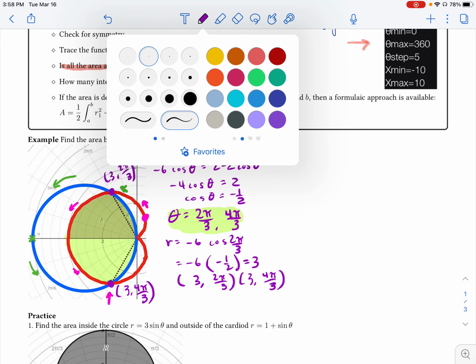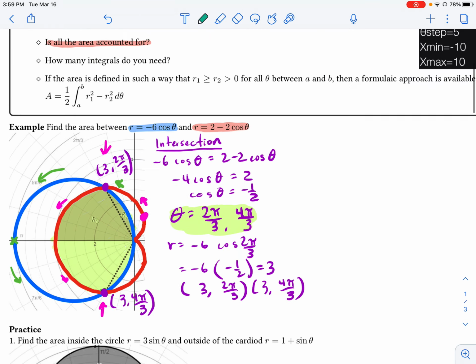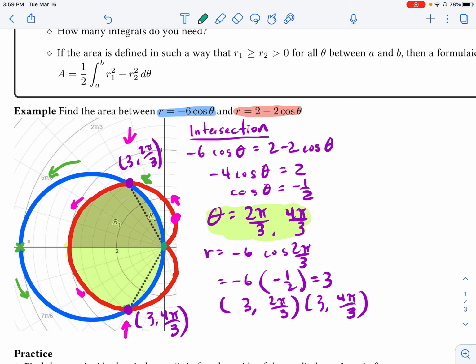So I'm going to switch to a different color here. I'm going to use maybe this color here because, quite honestly, it just looks nice. The way I'm going to set up my integral is to say, all right, if I start at the pole and I start drawing sectors for my circle,